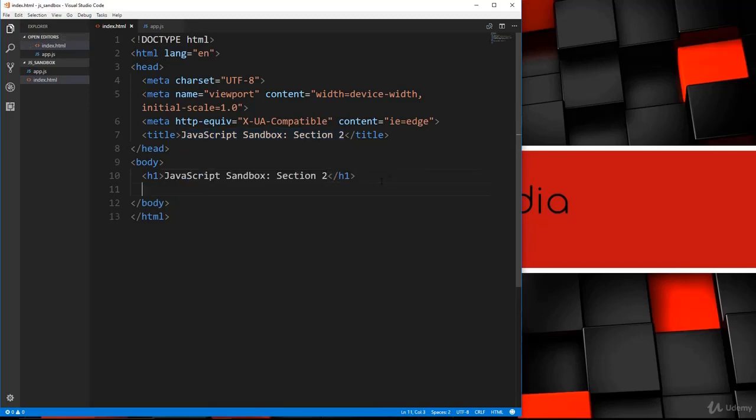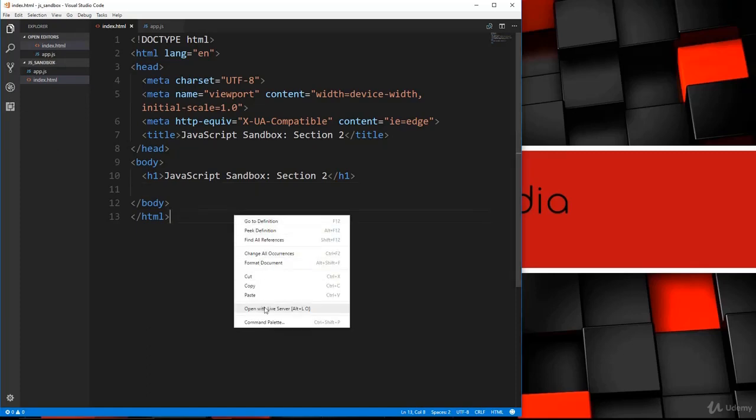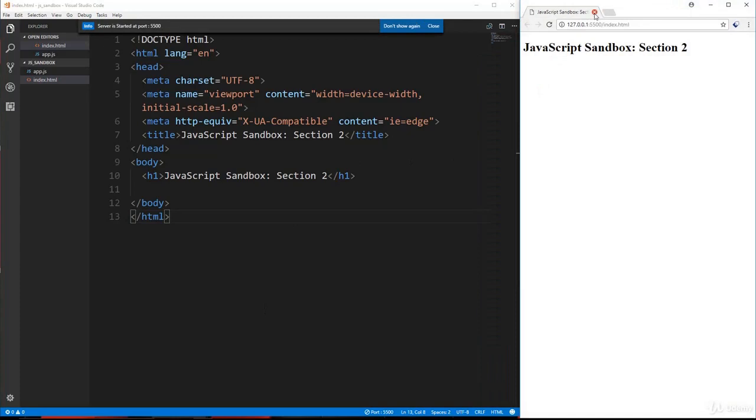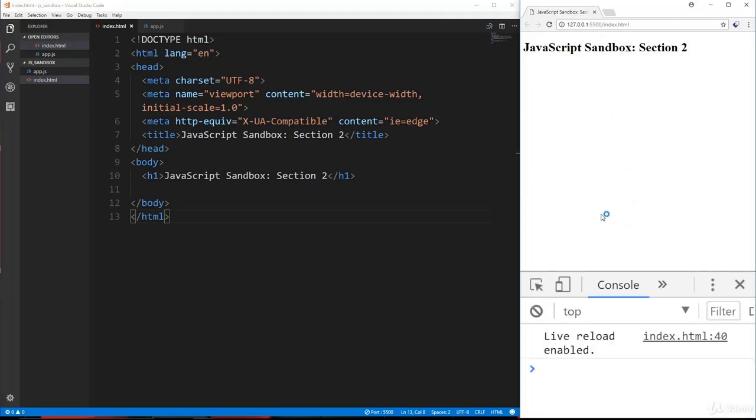Alright, now I'm going to save this, and I'm using Live Server as you saw me set up back in the environment setup video. So I'm going to go ahead and right click and say Open with Live Server. That's going to go ahead and open this up in a browser. You can see the H1. I can open up my console in the browser with F12, and we're going to go over the console in the next video. But what I want to do now is just show you how to insert JavaScript into your